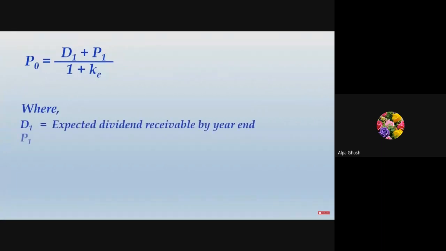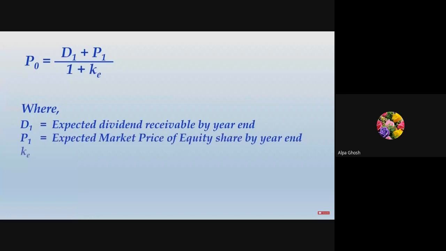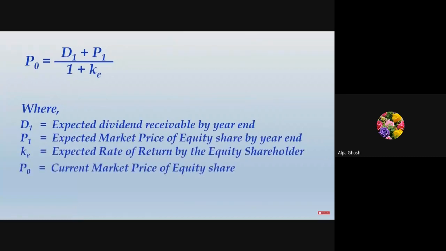I am bringing forward a formula that we have understood logically long back when we started this chapter. In fact, before we started this chapter, we have learned this formula along with the meaning of each of these variables. What is D1, what is P1, what is KE, what is P0, and